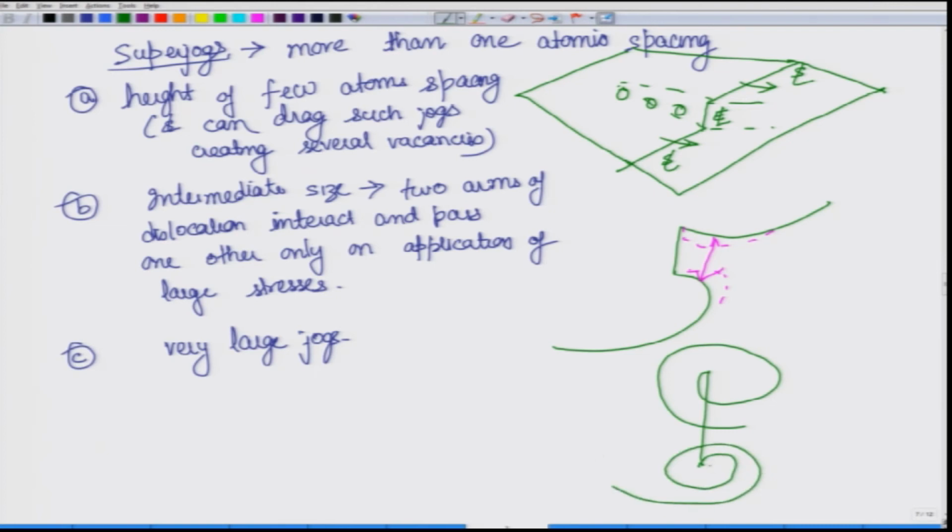So, it can form anything, any loop like this over here, this one can form any loop like this. So, the other end is free, but this end of this dislocation will act like an independent dislocation whose one end is free and the other end is fixed. Similarly, over here this will also act like an independent dislocation where one end is free and the other end is fixed.